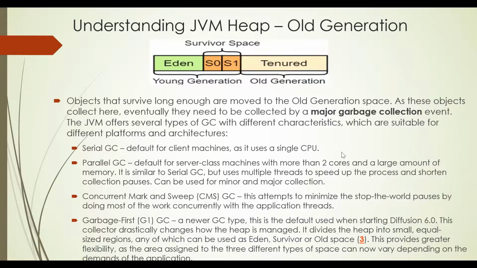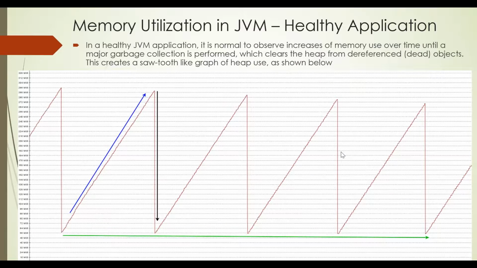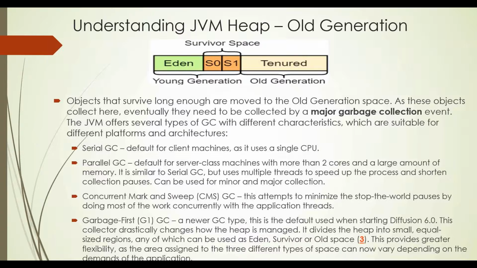Now, this is a very important slide. As we talked about memory, new objects are getting created and GC is wiping them out. A question: after how many GC cycles do objects move from S0 to S1? I already mentioned that, Chandan. For objects going from S0 to S1, there is no such criteria; for every GC cycle it will move from S0 to S1. But for the entire S0 and S1, if the object has completed 15 cycles, it will move to the tenured generation.